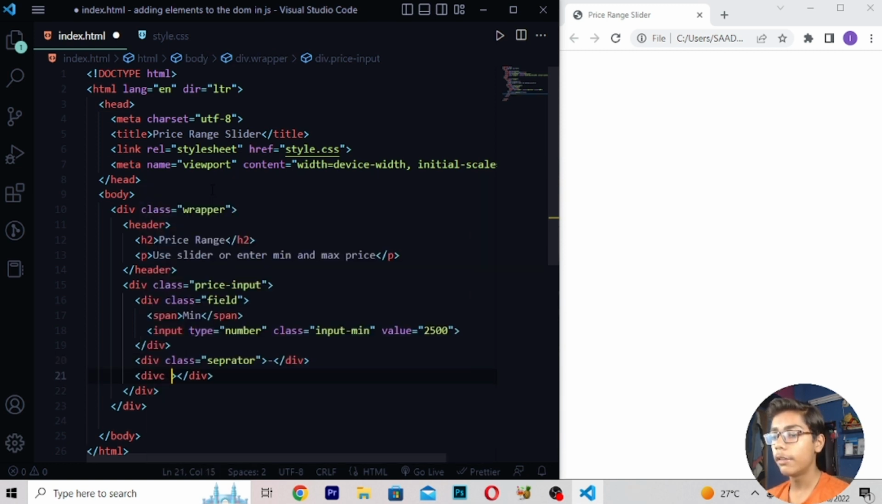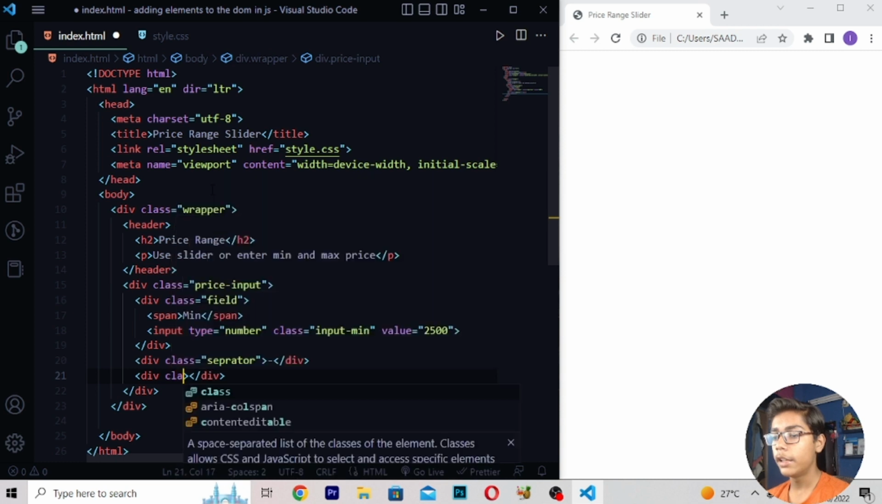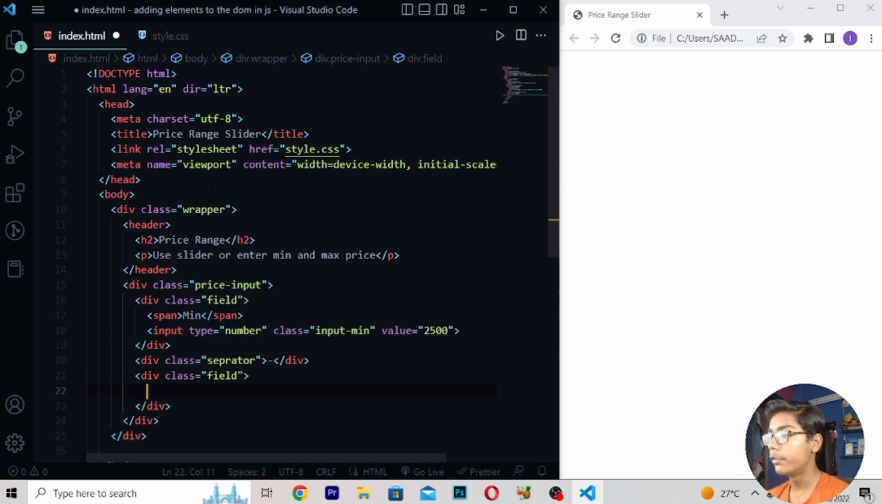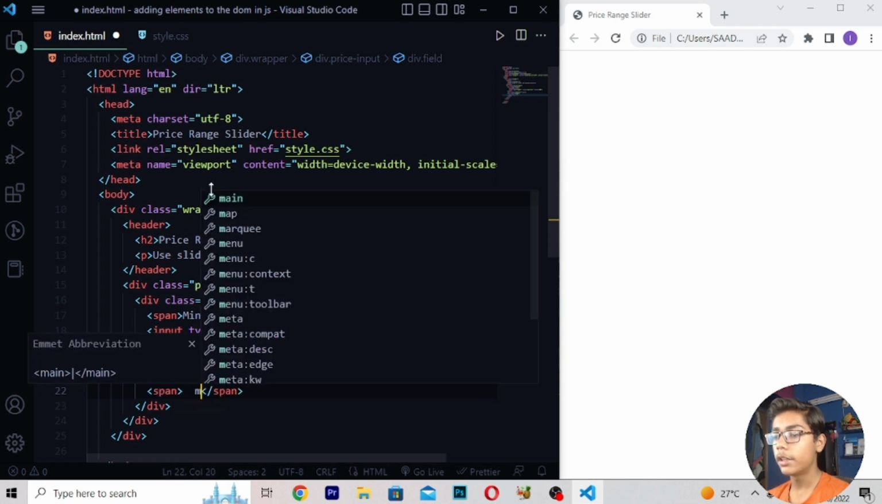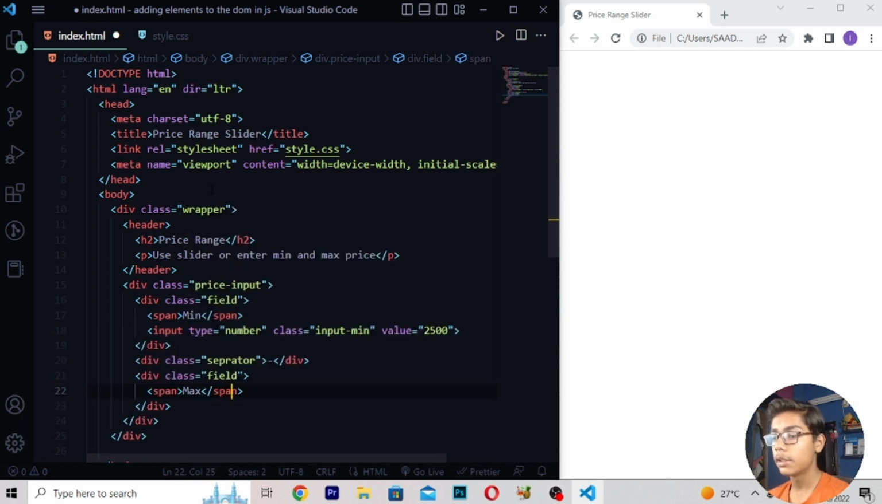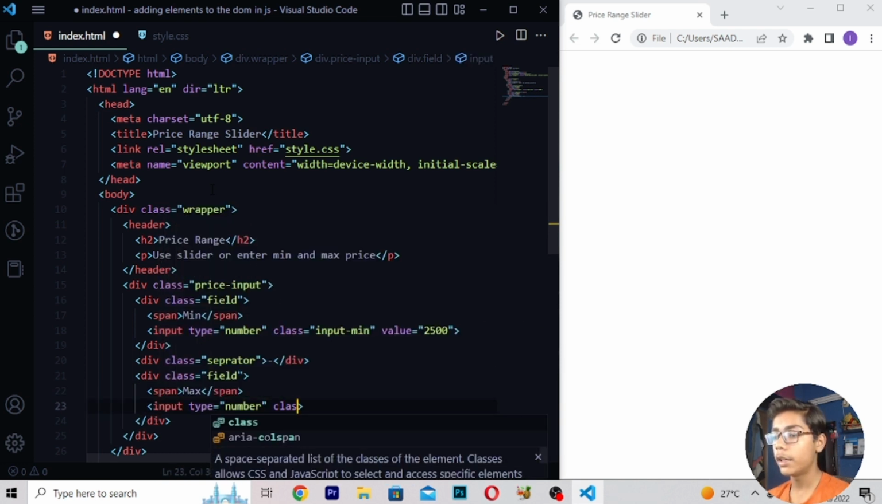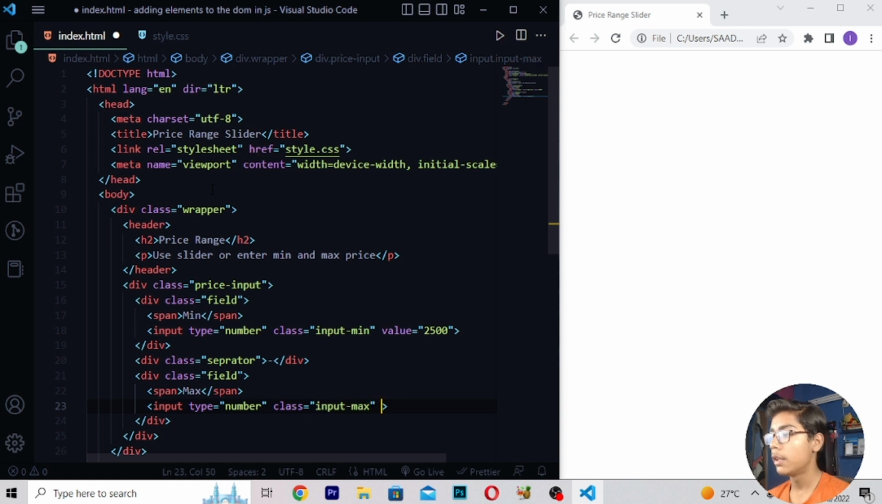Move down, right here div class, then here I will be writing field. Now move down, right here a tag which should be like span. Then when you've written this, here I will be writing max. Now here you have to just move down, right here input type number, right here class input max. Then right here value is equals to